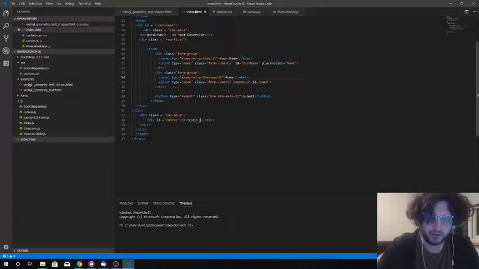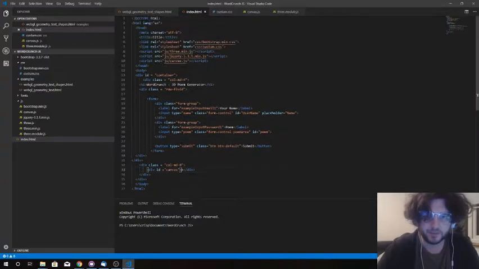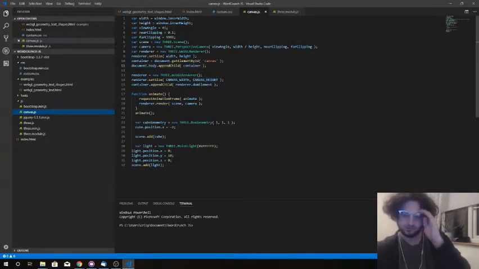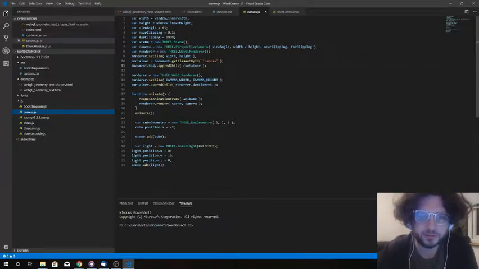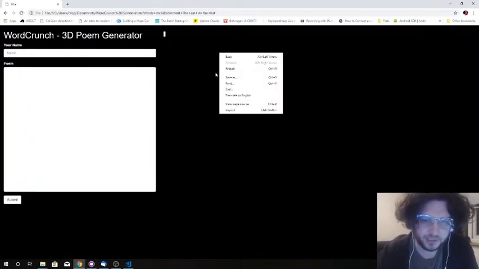Okay, so now I just need to get the Three.js rendering here, because for some reason it doesn't let me append in that element. I'm not sure why. It's quite odd, because it's there and it finds it, but